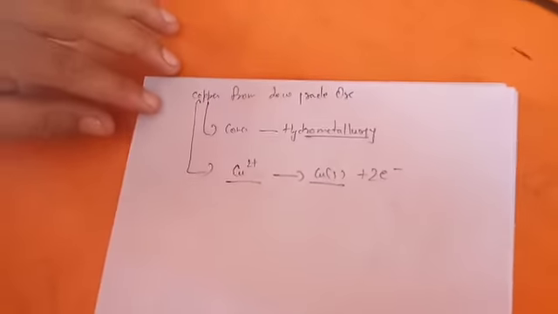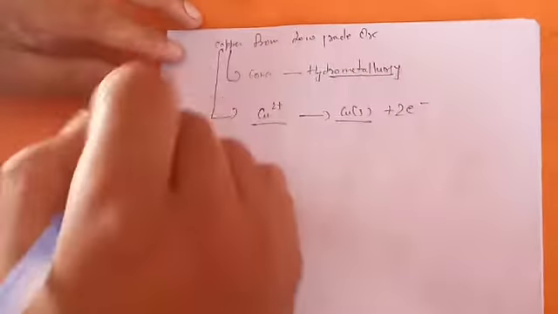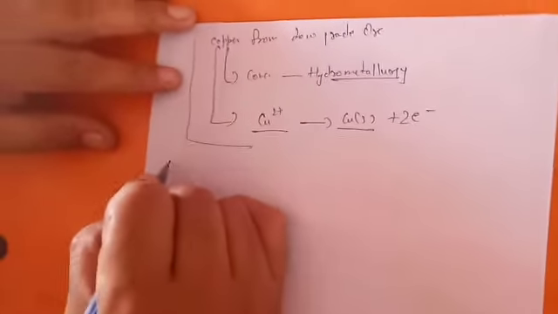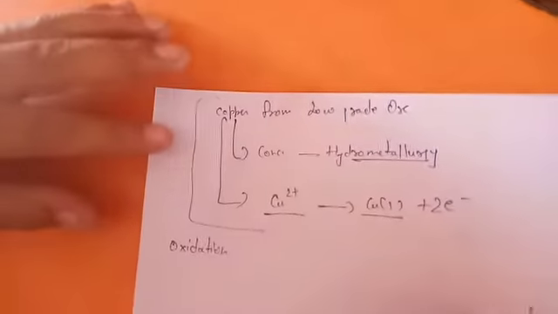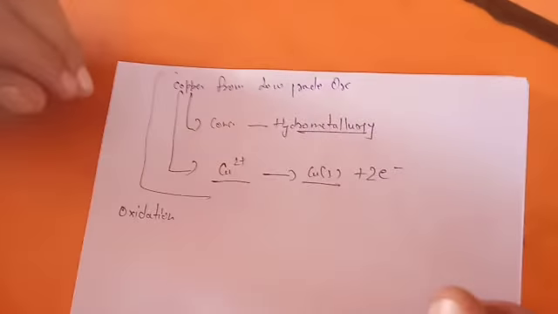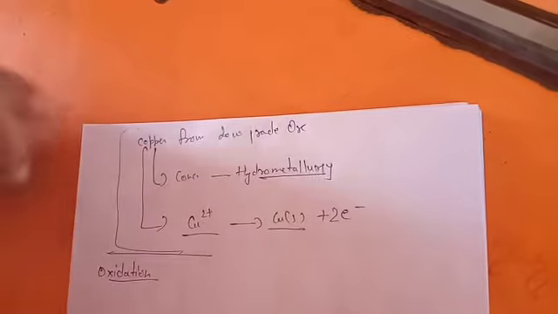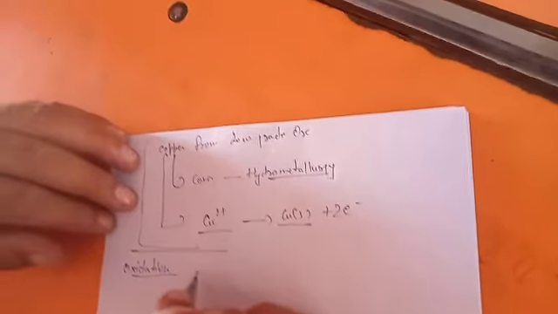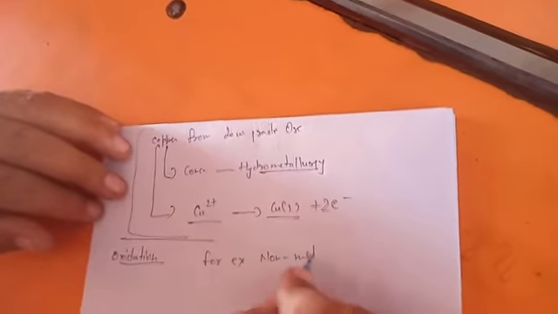Okay, in pyrometallurgy also we studied about the extraction of copper. Okay, so this is the whole concept of electrometallurgy. Now, besides reduction, you know that in all cases we are doing the reduction process to extract, but in some cases, by doing oxidation we are also extracting elements. For oxidation, for example, non-metals like